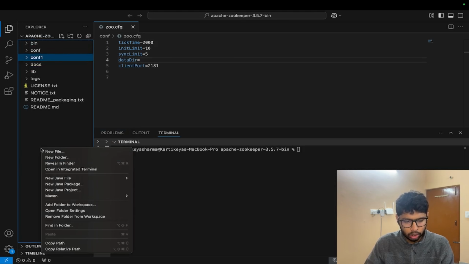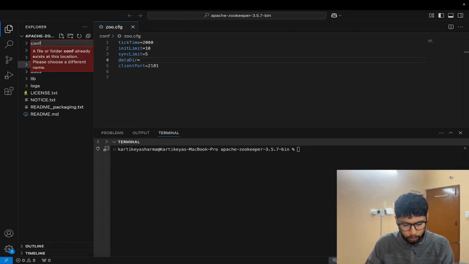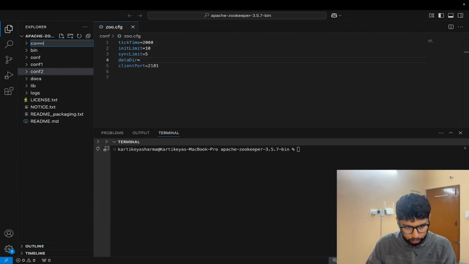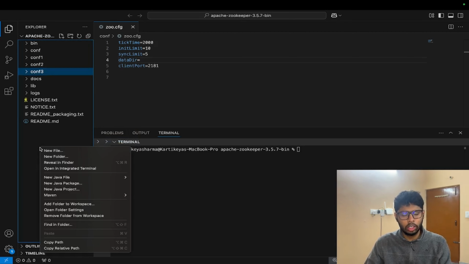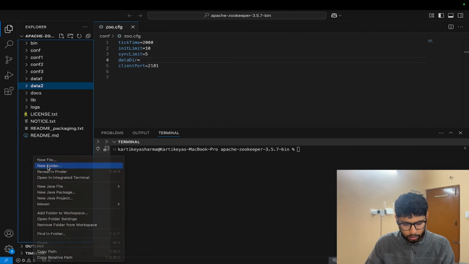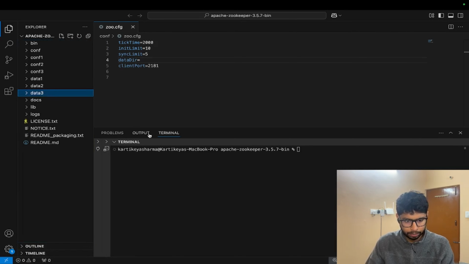That is going to be the folder config1, the folder config2, and the folder config3. And now we are going to make other folders named data1, data2, data3. Now let's focus on our config folders.